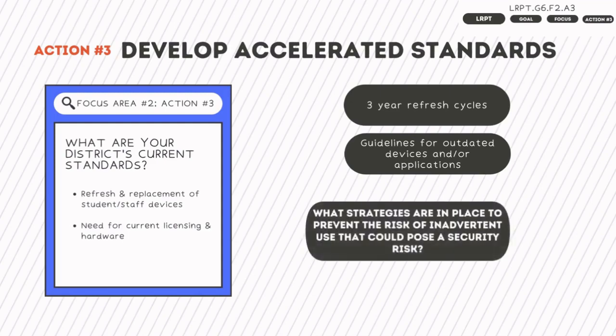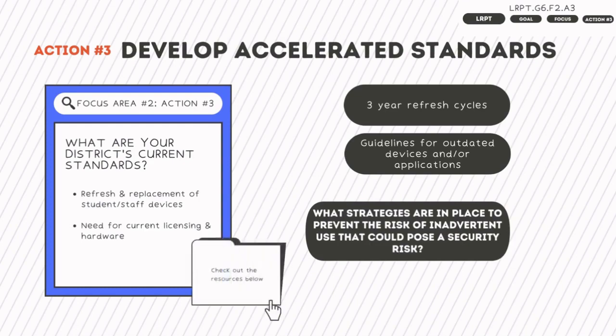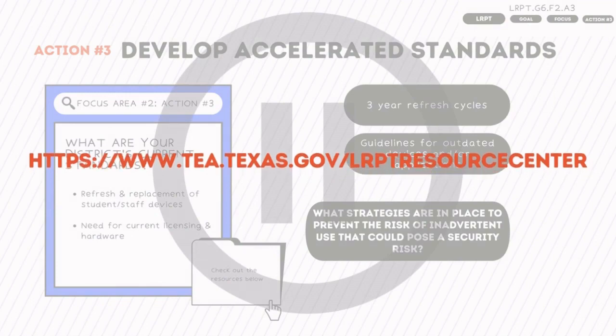What strategies are in place in your district to prevent the risk of inadvertent use of outdated programs or devices that pose a security risk? Use the resources below for more information on developing accelerated standards. Pause the video here and use your workbook to review your refresh cycle and your guidelines on outdated devices and